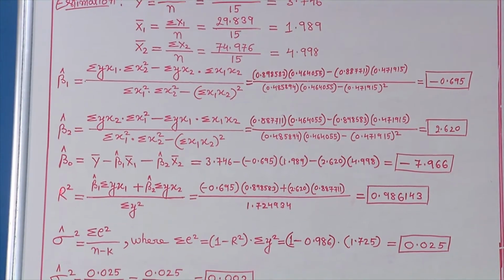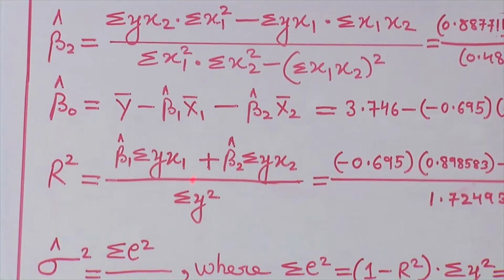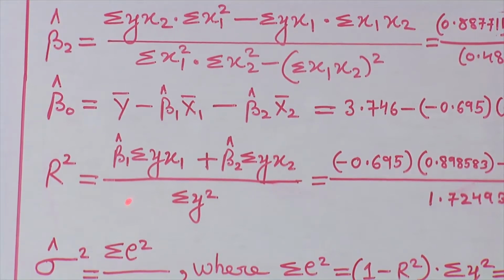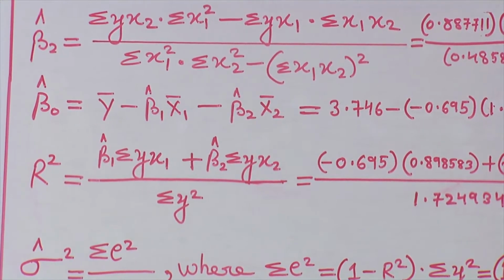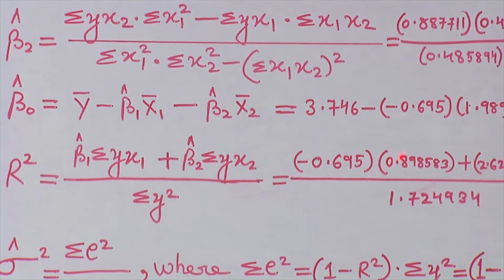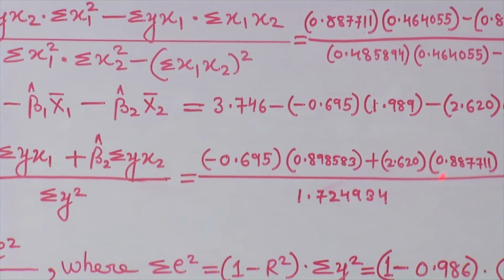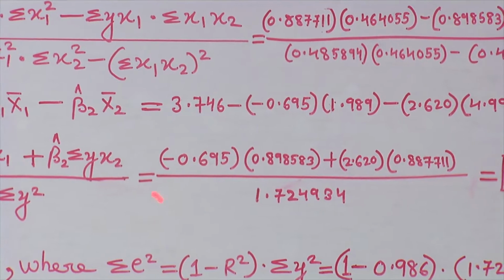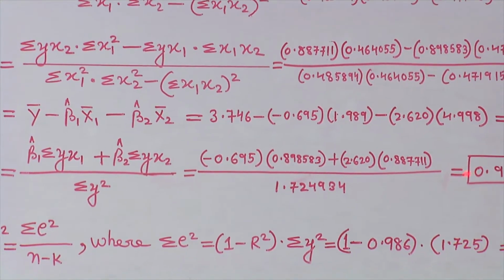Then we may calculate R square. As we know, R square can be calculated by using the formula beta 1 hat into sigma y x1 plus beta 2 hat into sigma y x2, divided by sigma y squared. We know beta 1 hat is minus 0.695. We substitute this value in this equation, so that we get minus 0.695 into 0.898583 plus 2.620 into 0.887711, the whole divided by 1.724934, which is sigma y squared. After substituting all the values, we get R squared as